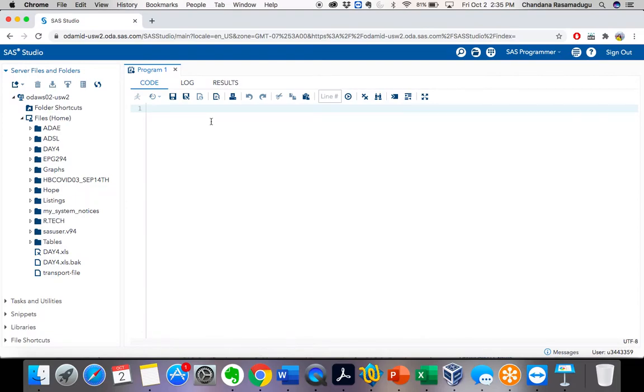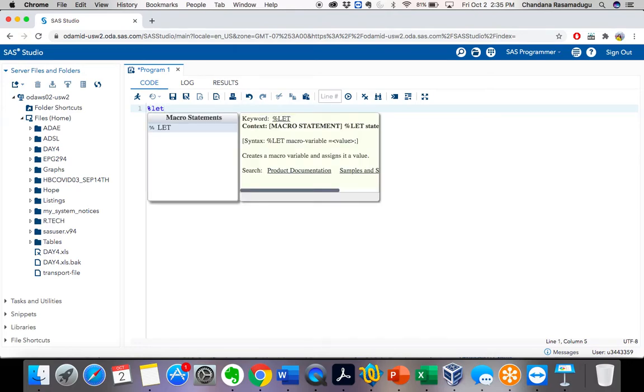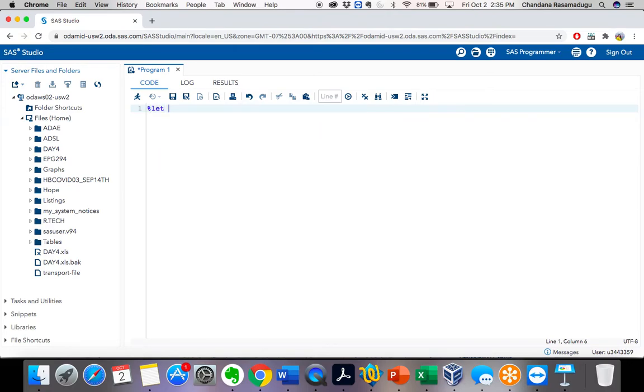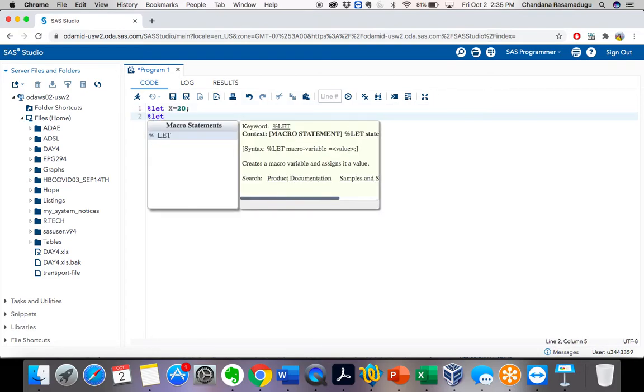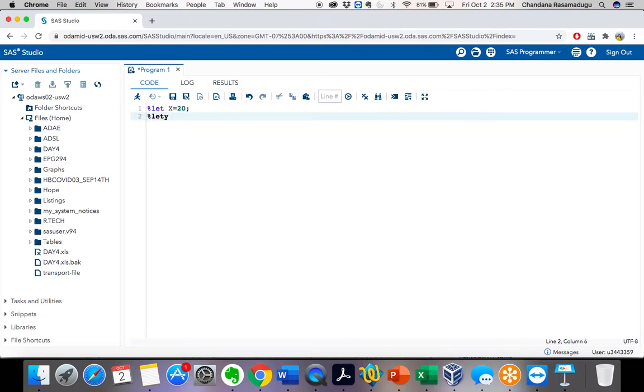For example, here I am creating a macro variable by using %let. I'm creating a variable called x equal to 20, and another variable %let y equal to 5.